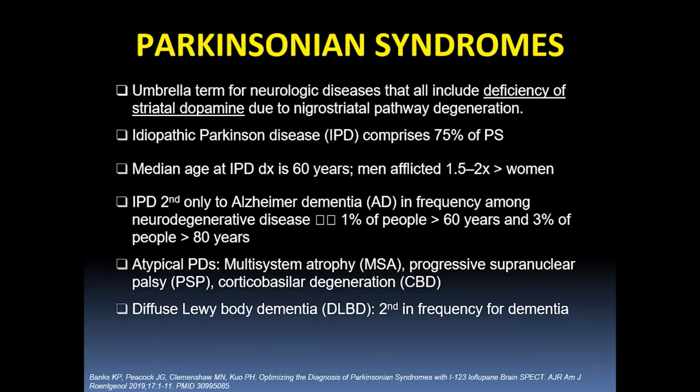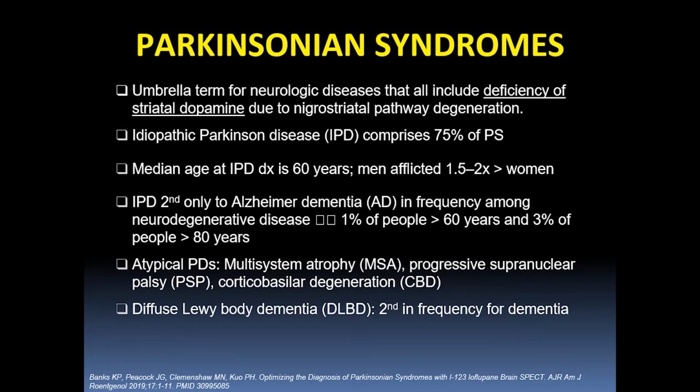So when talking movement disorders, we're mainly talking about the Parkinsonian syndromes. That is an umbrella term for several neurologic diseases that share one thing, and that's a deficiency of the striatal dopamine, and that is due to degeneration of the nigrostriatal pathway. Dopamine is a neurotransmitter, and it's central to motivation, reward, and is also essential to movement control, mood, sleep, and